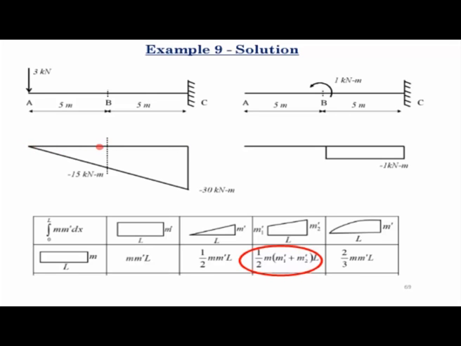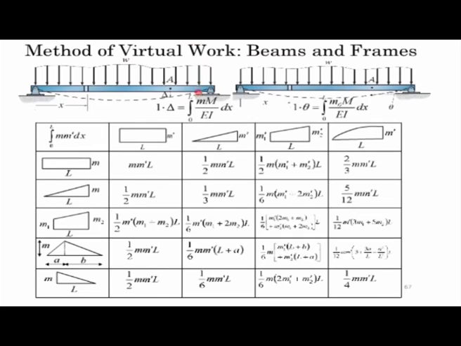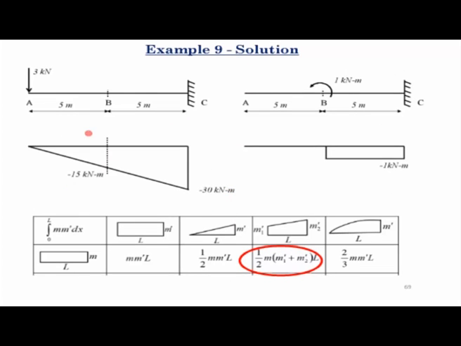Now if you look at this part, here it is a linear distribution from 0 to -15, but here it is 0. So what does that tell you? That tells you if you put this small m equal to 0, this integral will be 0. So that basically tells us you don't need to consider the integration of the moment functions over this half, because here it is 0, so it will become 0. So we have to consider it only between points B and C.